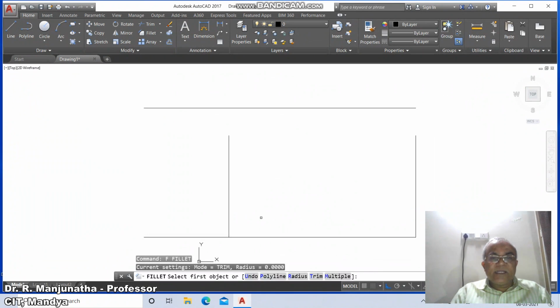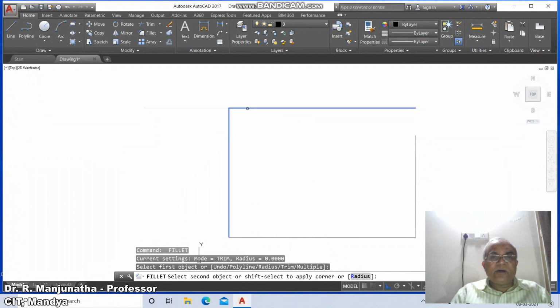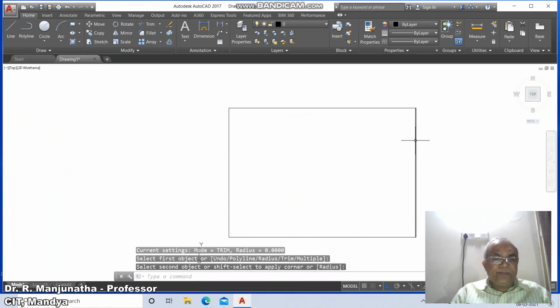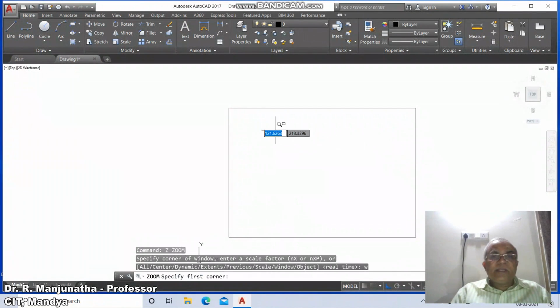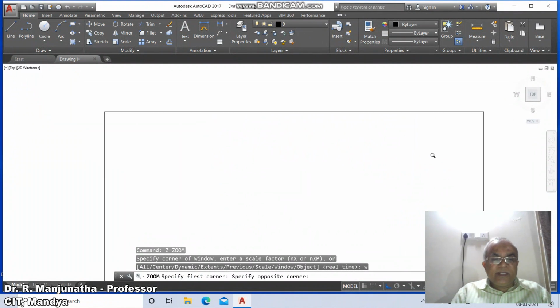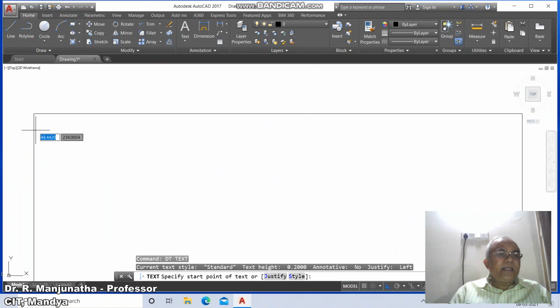Then go to fillet, take this vertical line and this horizontal line, and take this vertical line and the horizontal line. Again take this horizontal line and vertical line. Then go to zoom window, select this and take it nearer to the screen, and go to D-text, specify start